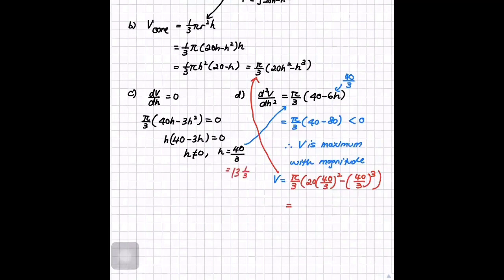Okay. Who else can help me with the V value? I want the V maximum now because we already know the nature. What is the highest value of the volume? Anyone want to share your answer? Brian, you want to share? 1241. Yes, 1241. If you're using a calculator, then you get the answer in this way. You round it off to 3 significant figures. So it's just 1240 units cubed, 3 s.f.